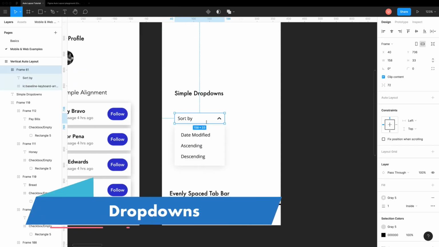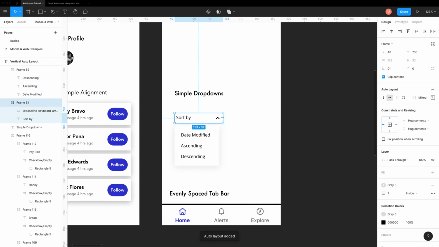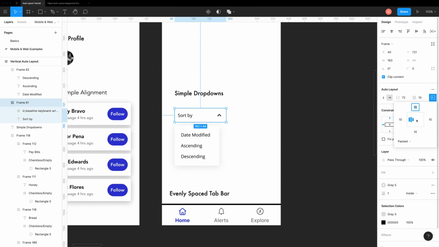Creating drop-downs can't be simpler. Just select the frames enclosing items and add auto layout. We can make the drop-down dynamic by adjusting a few values like alignment and padding. When we resize, the arrow is not moving. We can quickly fix that by changing distribution to space between. Now we can easily modify the content and look and feel.